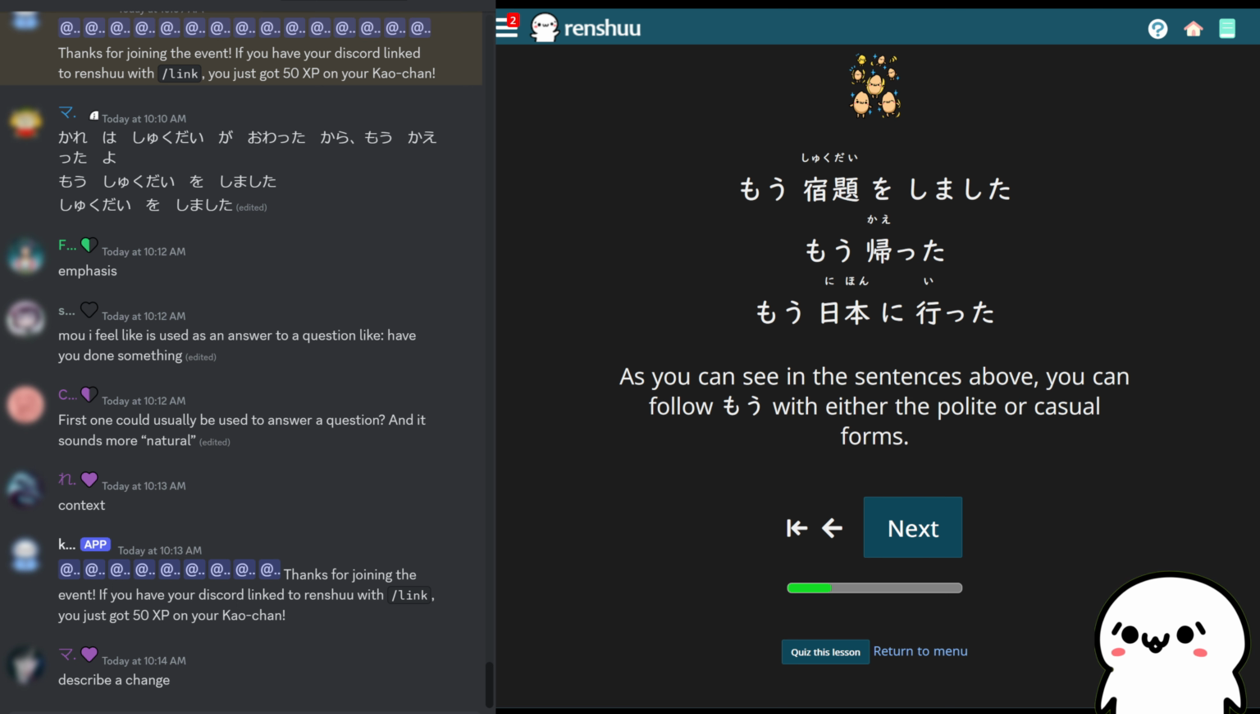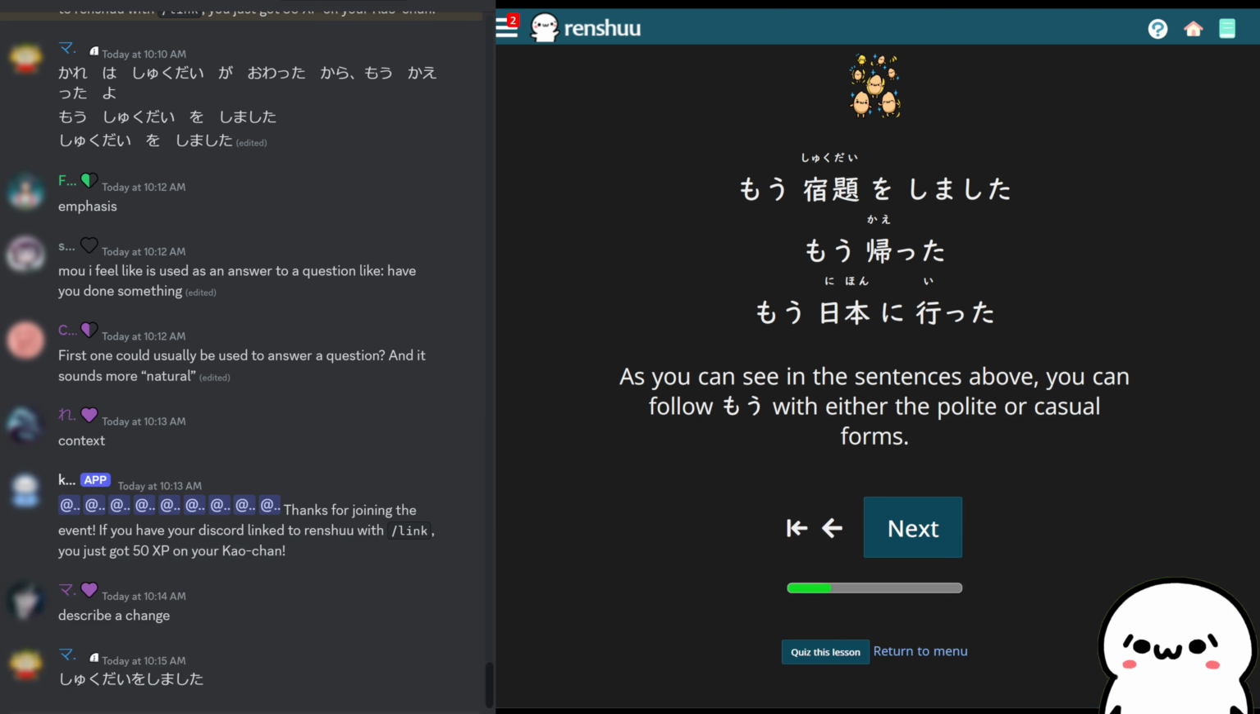So where you have the simpler sentence, I'm going to type that one more time because it's a bit too high in the chat. Shukudai o shimashita. Someone said this might be used to answer a question. So what would a question be for both of these? It would give us these answers. This first one,